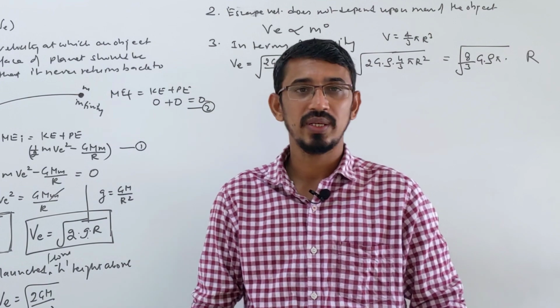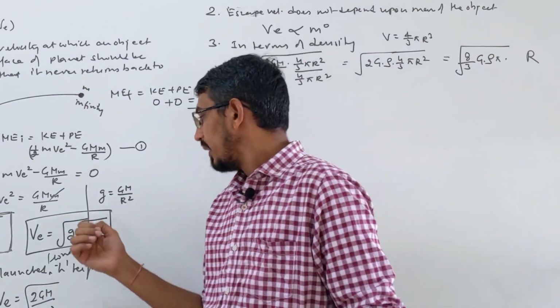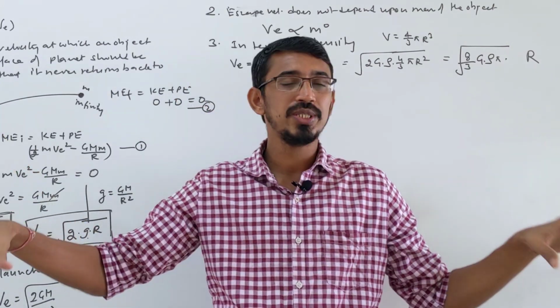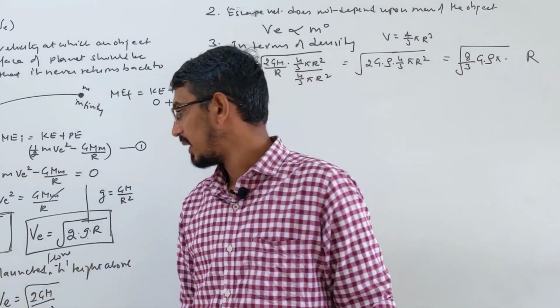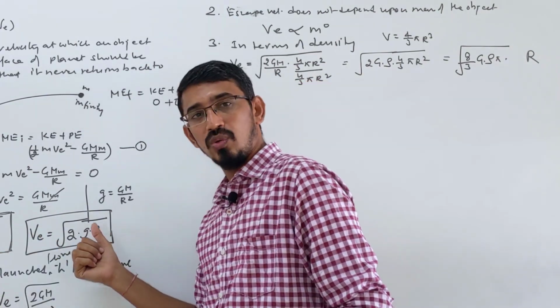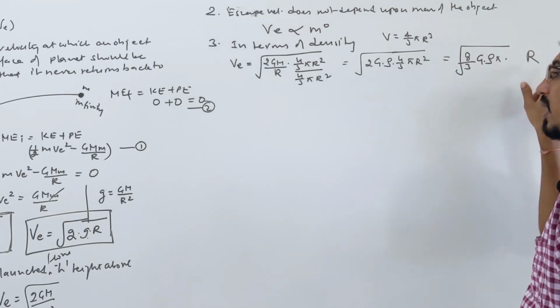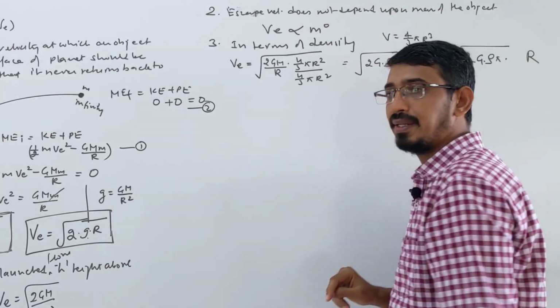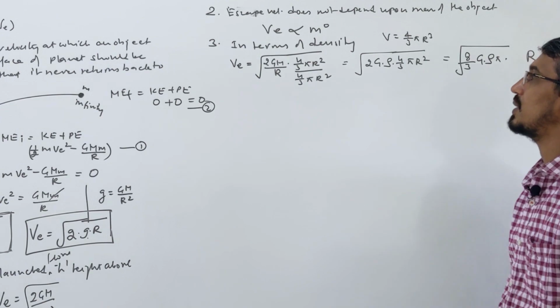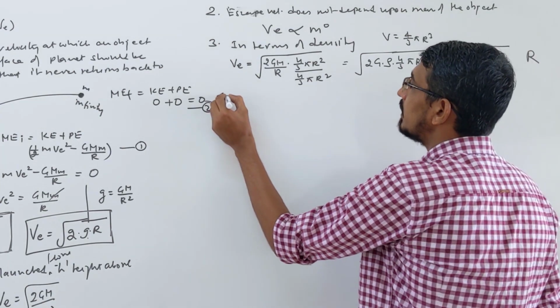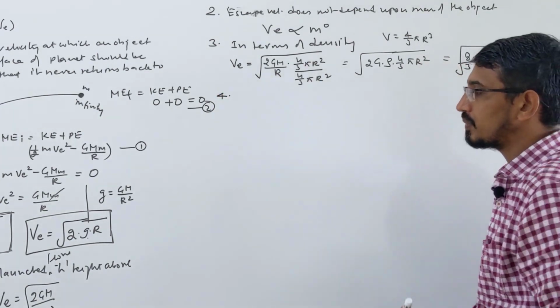Root inversely proportional to what? The radius of that planet. If they say the acceleration due to gravity of these two planets is the same, g is same, then it directly depends on root r. Or they say density is same, then it is directly proportional to R. Here root r, here r, right? So it depends on what situation is given to you. Okay, so this type of question can be asked.